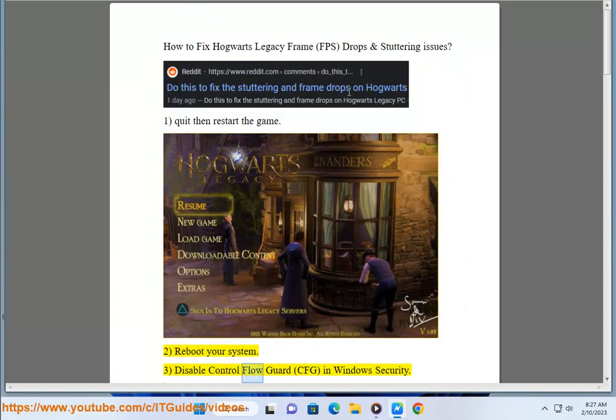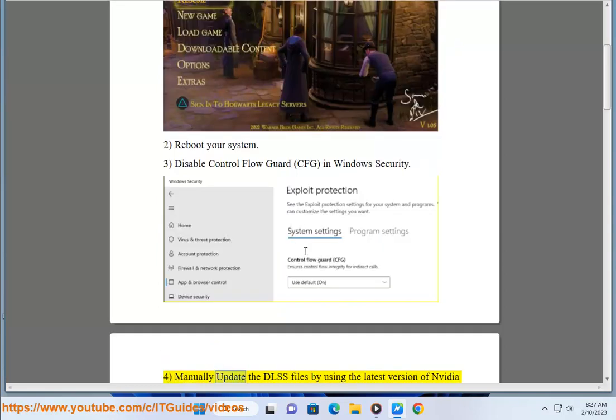3. Disable Control Flow Guard, CFG, in Windows Security. 4. Manually update